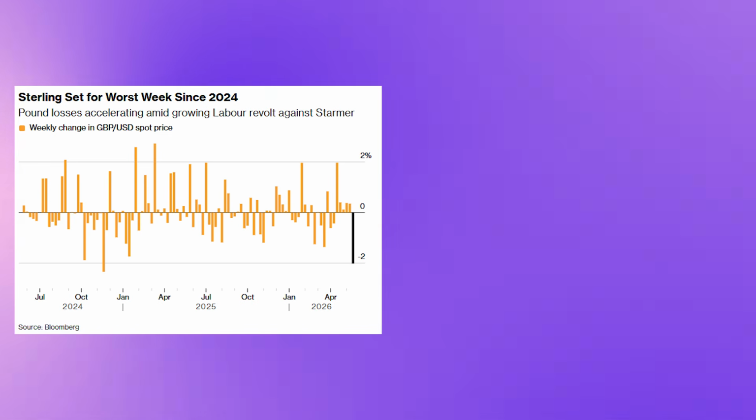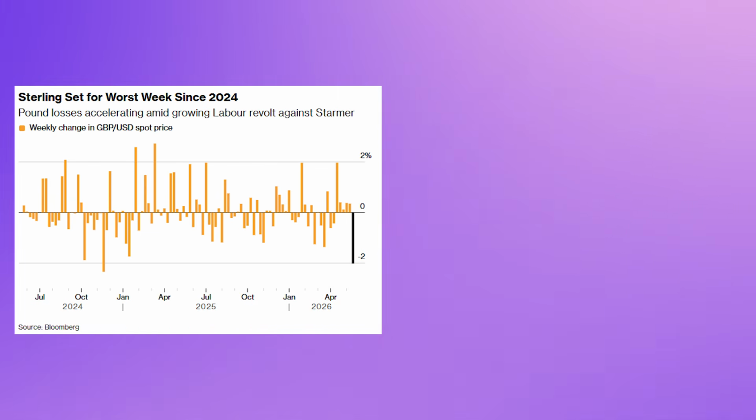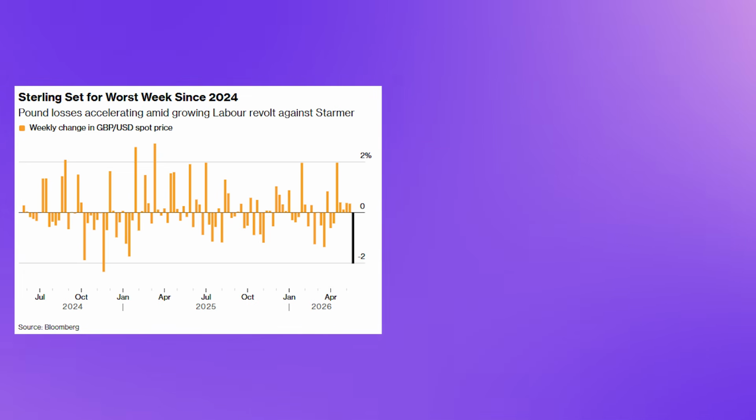Big changes took place last week in the foreign exchange markets, with one of the biggest changes coming in the pound, which suffered its worst week in over a year. And this was a 2 standard deviation sell-off, which usually signals the start of a new trend. But that's not the only key thing we need to pay attention to next week, because last week also saw